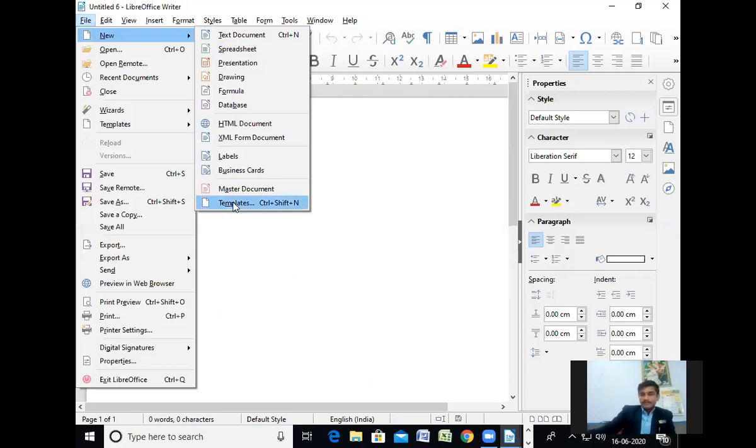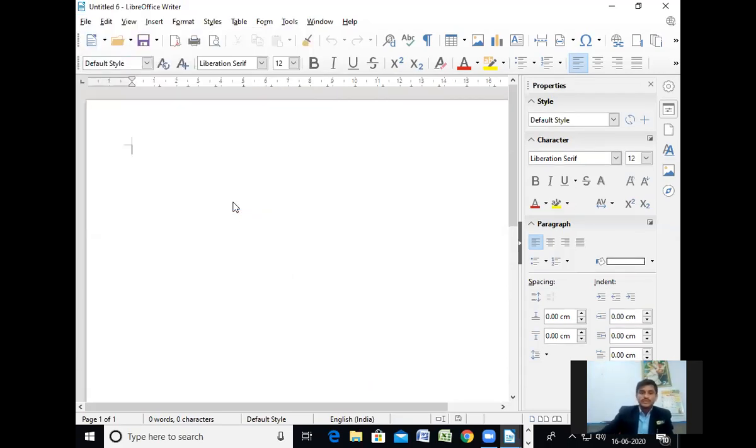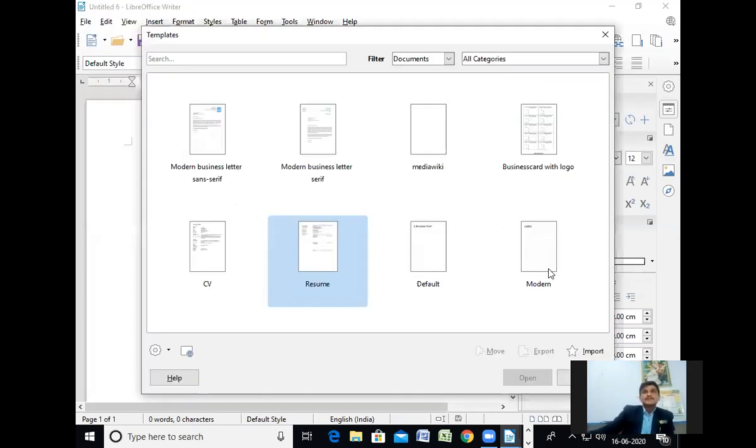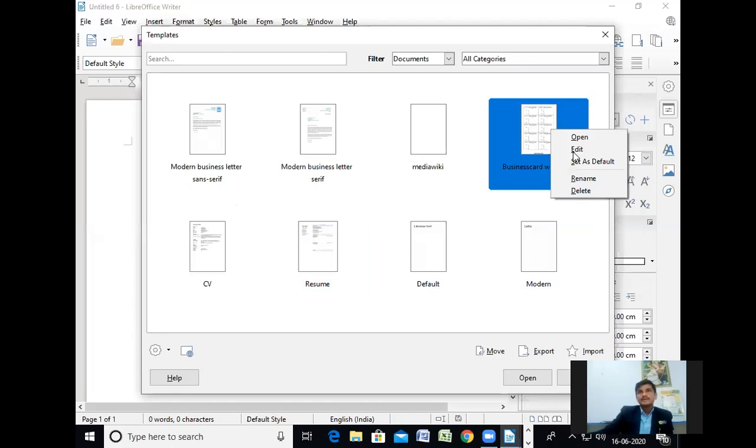See here, templates I already showed you. See, here business with logo you can create. With a right click, you can also create the default template. Means once you select the option Set as Default, then it will stay anytime. Once you close this, you will get the same template if you open again.